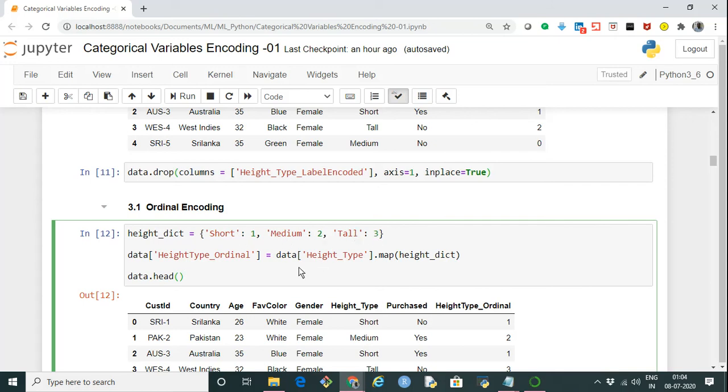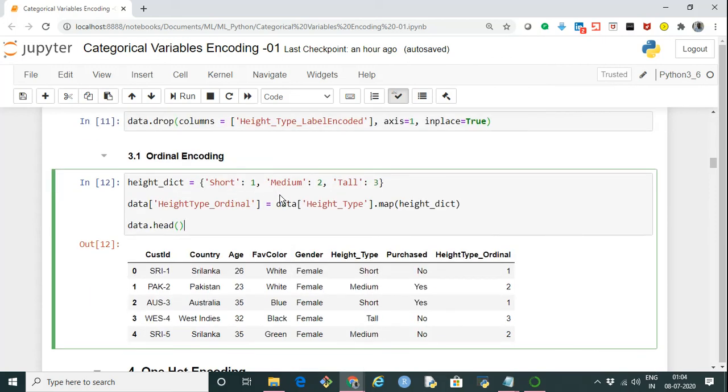Then I'm applying the map function on this column, data height type, and passing this dictionary to it. Wherever short was there in the column, it will get mapped to 1, medium will get mapped to 2, and accordingly tall will get mapped to 3.